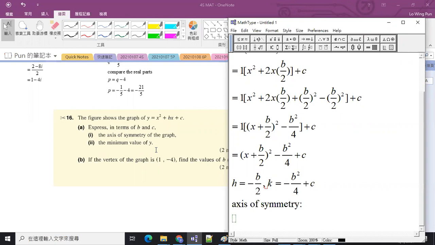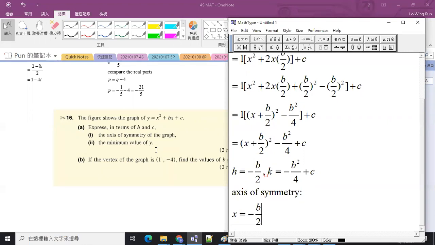If the question asks us to find the axis of symmetry, we need to write down the equation of the vertical straight line. The equation of a vertical straight line is always in the format of x equals number. Okay, and in this case, it is x equals h number. So in this question, it will be x equals negative b over 2. Okay, so this is the answer of A1. 好，我呢度咧就咁樣寫啦，因為咧